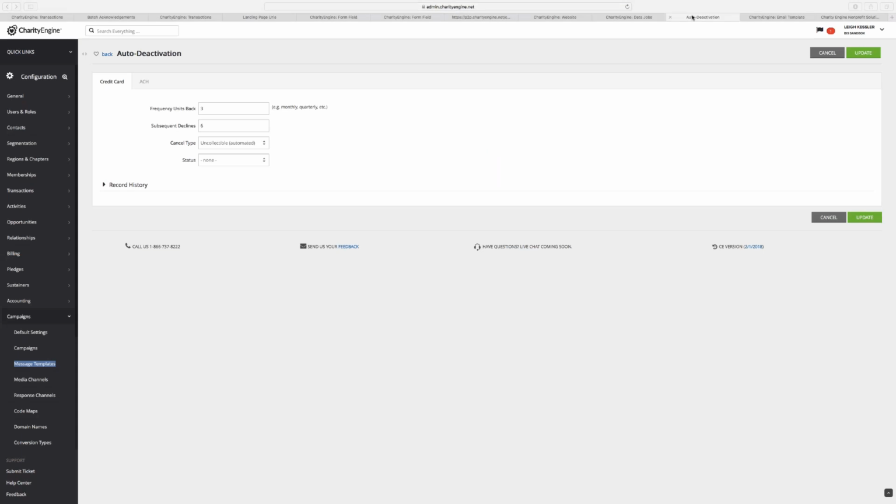We've added in some capabilities here in sustainers for auto deactivation and separated out credit card and ACH. So this is for those of you who have sustainer programs that you're managing, credit cards that are not being paid or what have you, accounts that aren't being paid, a credit card versus ACH. And you can set how many units back, subsequent declines, and then the cancel type, explaining what that is. It could be no reason provided, canceled other, uncollectible, and we can actually create those types